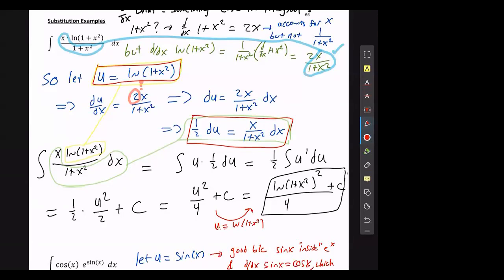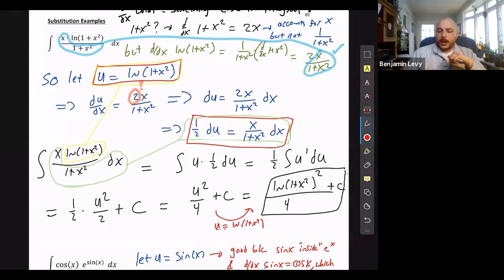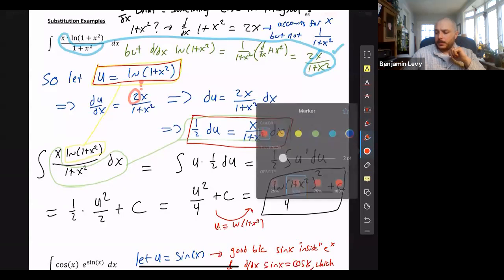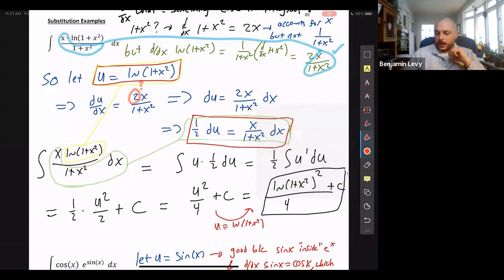Is ln x 1 plus x squared u because x is in ln x? No, we make u ln 1 plus x squared because when we take the derivative of it, we get other stuff that's in the problem. So, right, that's what I was trying to show